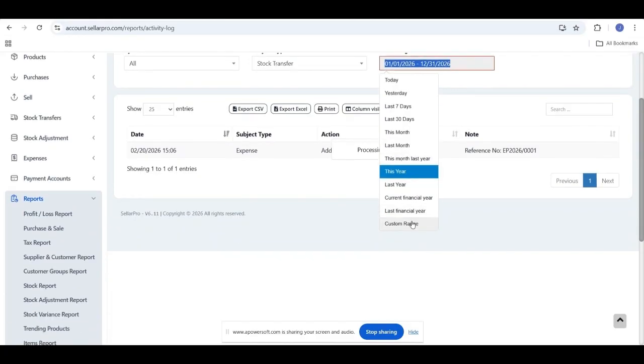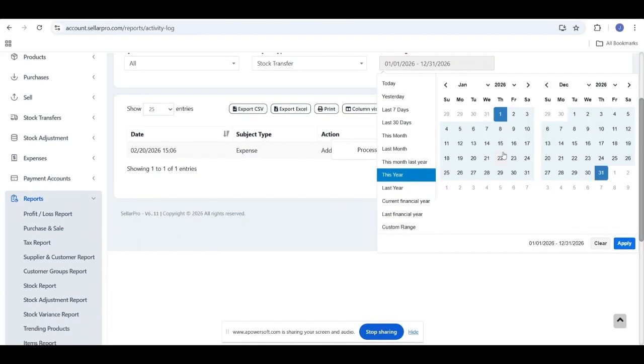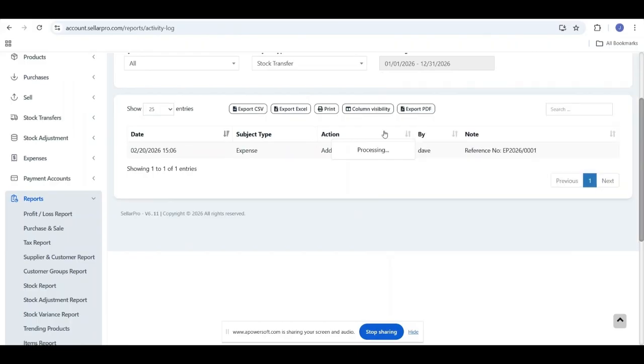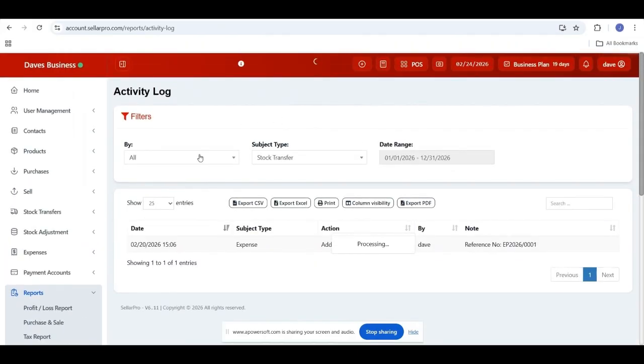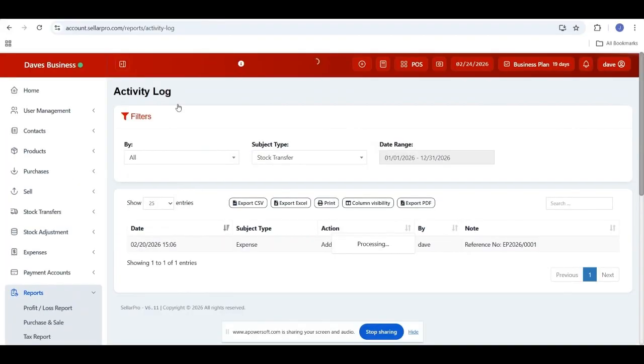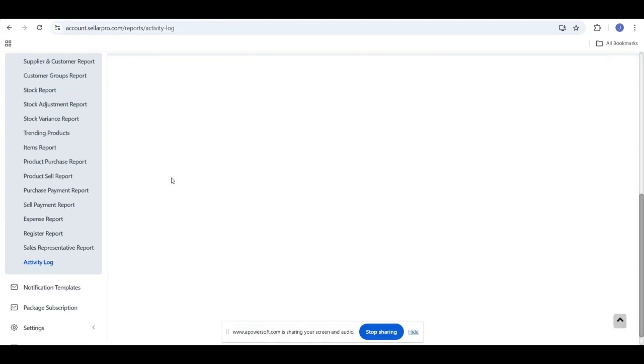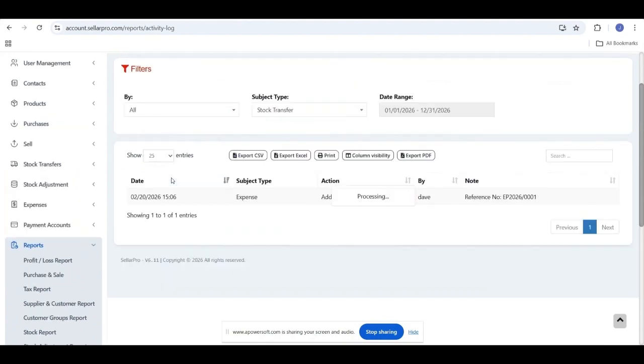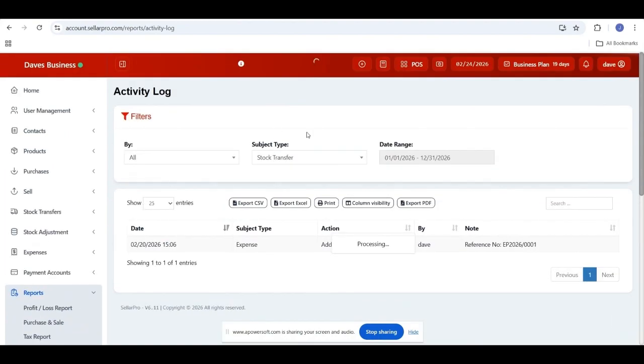We have the custom range too for you to search for the particular date that you need it for. You can as well filter out by a particular user. So these are the reports